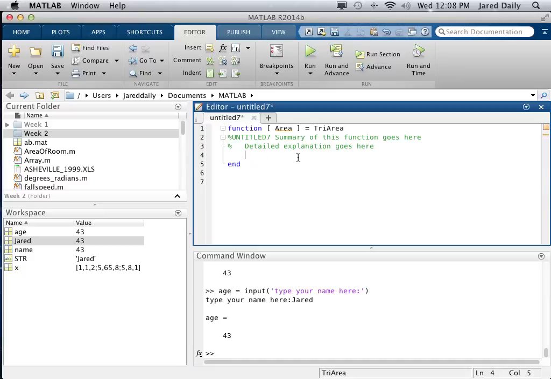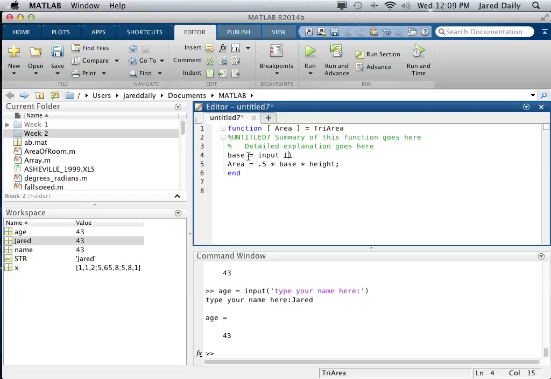And it turns out that the area of a triangle is equal to 1/2 times the base times the height, right? 0.5 times the base times the height. Well, we need a base and a height. And I already decided that I wasn't going to have any inputs from the user at the beginning for this function, but I could ask the user for an input right here. I could say that base equals the input